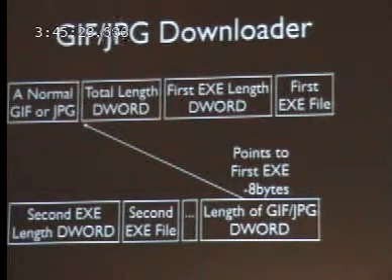Typically, there's a downloader that formatted the files this way. There'd be a normal-looking GIF or JPEG on it, so you can just load it up in an image viewer and look at it. But then it'd be 300K long for like a 15 by 15 GIF, and so it's a pretty simple structure. It's the way that the downloader would know where to start extracting the exes from: